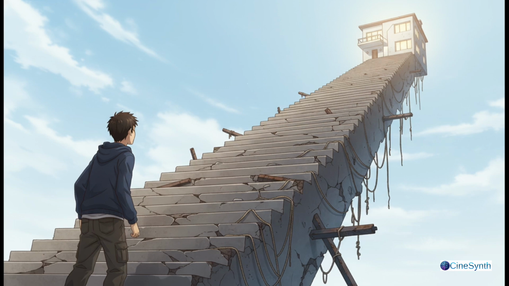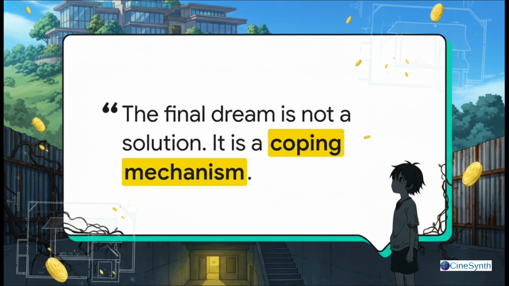falls incredibly unevenly. And that leads to the crucial takeaway from the film's conclusion, which is honestly a harsh reality. The final dream is not a solution. It is a coping mechanism. At the very end, we see Ki-woo drafting a letter, fantasizing about making enough money to one day buy that house and walk his father up from the basement. It really looks like hope, doesn't it? But the film exposes it as an impossible fantasy. It's just a tragic, psychological mechanism for surviving an impossible reality. At the end of the day, he is still on the outside looking in.